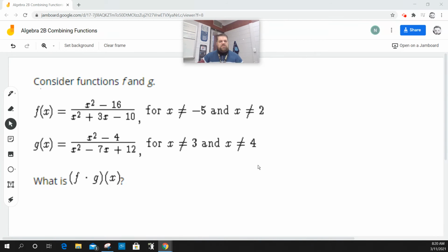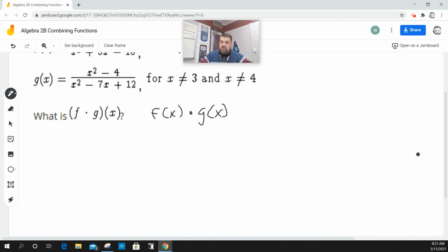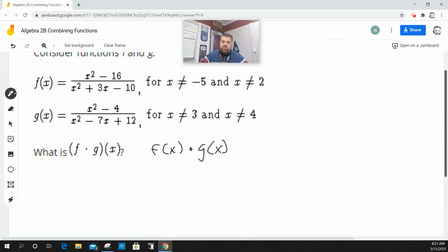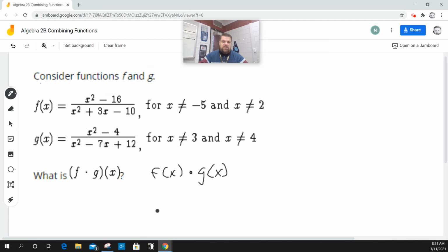All right, so this one says consider the functions f and g. And then they want us to do f times g of x. So they wrote it this way, but really what they want us to do is f of x times g of x, okay? Well, when you do rational expressions, let me write this out. So f of x times g of x,